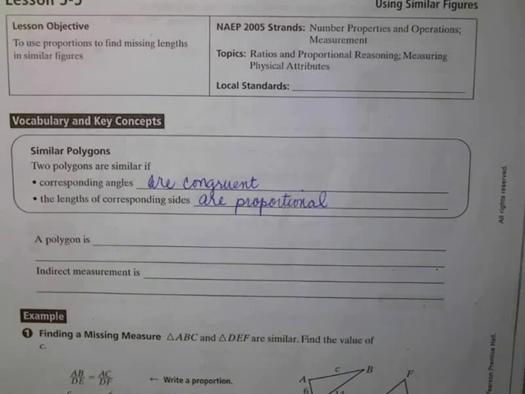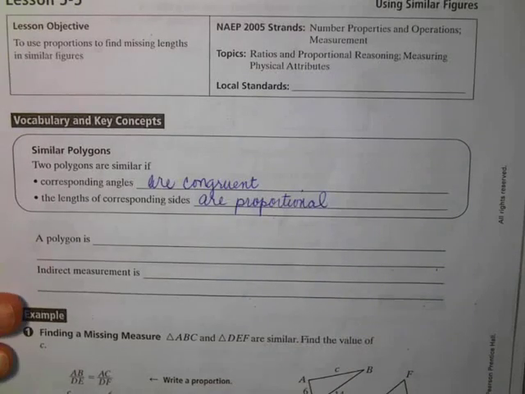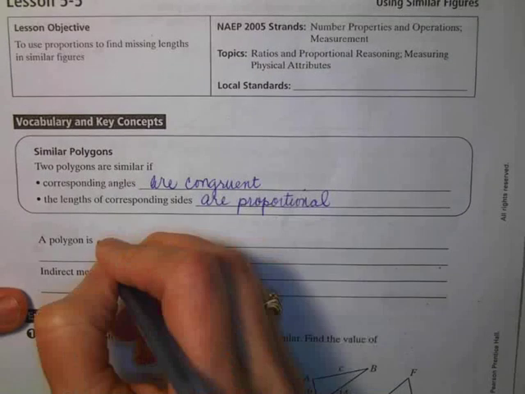Okay? So basically, let me rephrase that a little bit. Two polygons are similar if they have exactly the same shape, but perhaps not the same size. Okay, so the shape is going to be the same. One is generally larger than the other. Okay. A polygon is defined as a closed